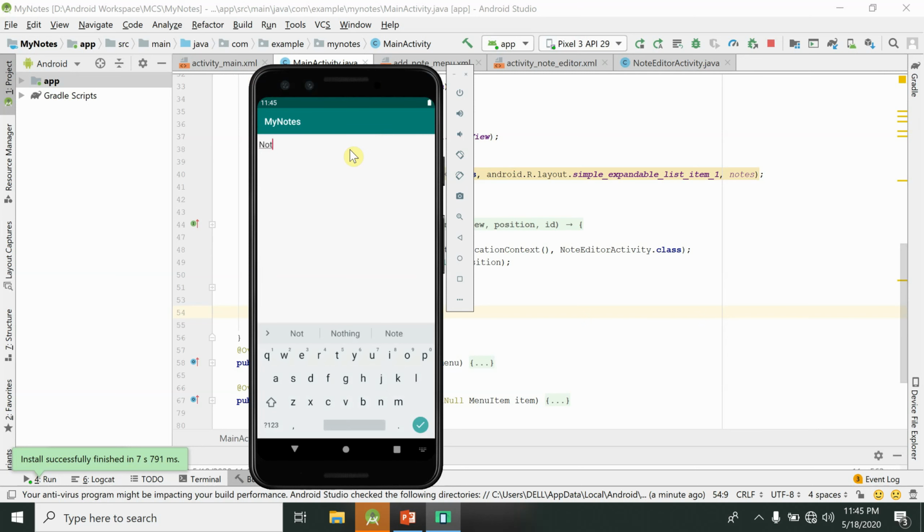Let's say it's note 2. I'm going to make it simple. You can add anything you want. So note 2 has been added. Now I cannot delete it. This is the first thing. If I press there, if I long press, there is no option for deleting this list item, whereas note 1, I can modify it.